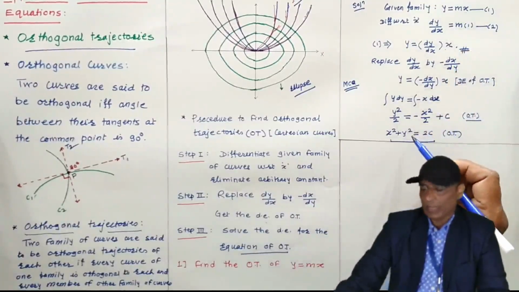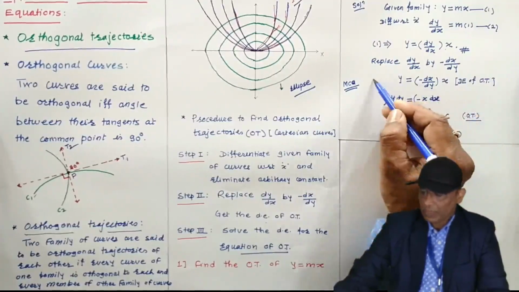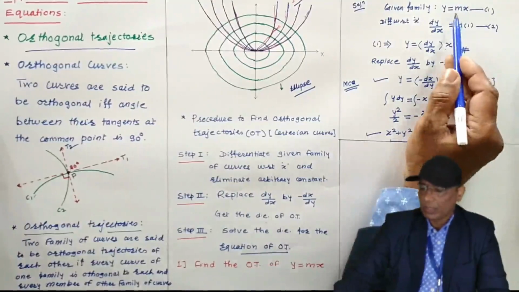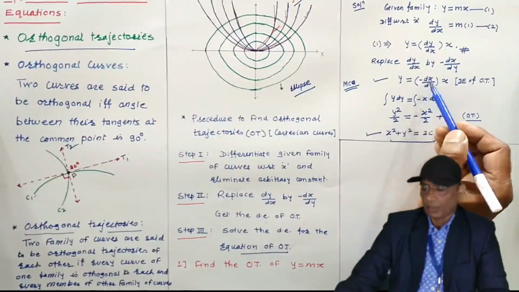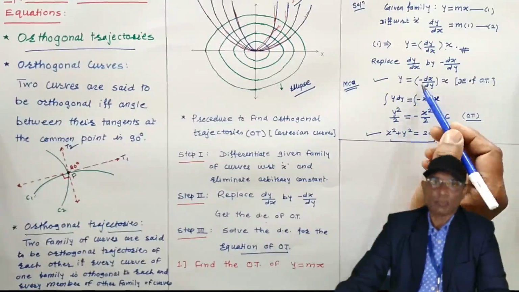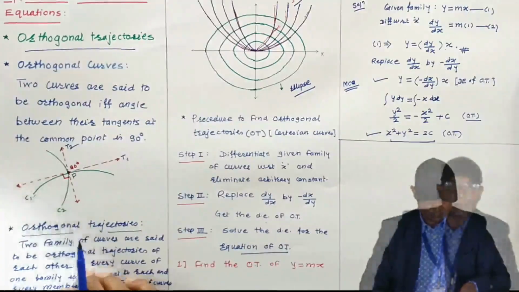In examination, as an MCQ, if this is given, this may be asked in the examination, or if this is given, this may be asked in the examination. Okay, means half part may be asked as an MCQ, and the rest of the half part may be asked for an MCQ. Now, the second problem.